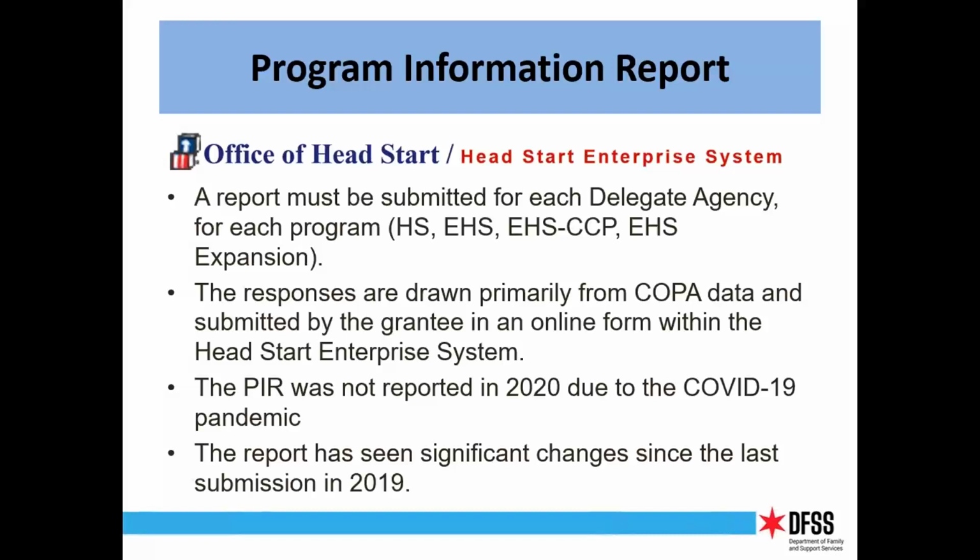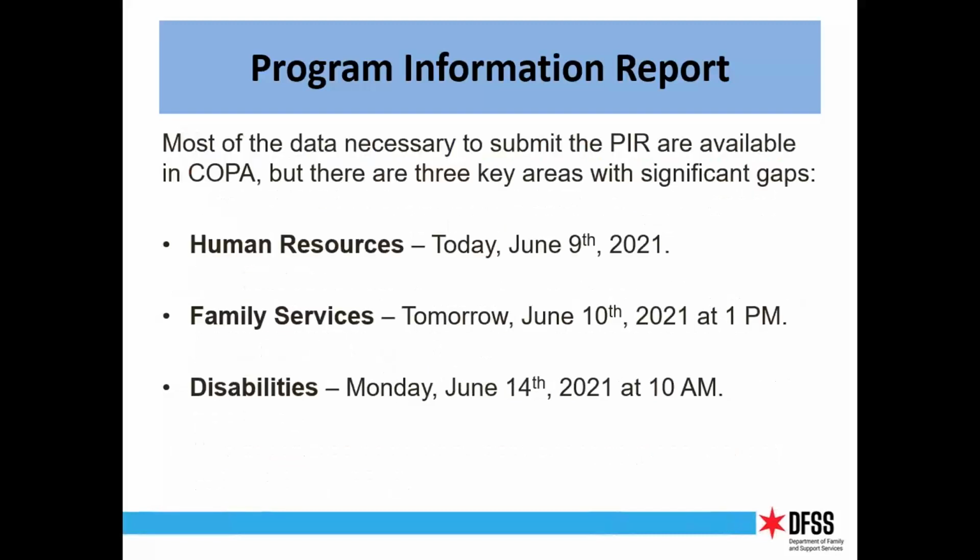In other words, Copa isn't reporting everything that we need because the fields that we're trying to report on have been added since the beginning of this program year. And so not everything is documented. So we're just going to cover how to correct those and get the information that we need in as quickly as possible. As I said, most of the data are available, but there are 3 key areas that